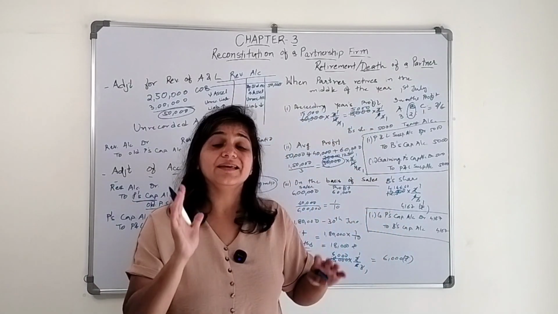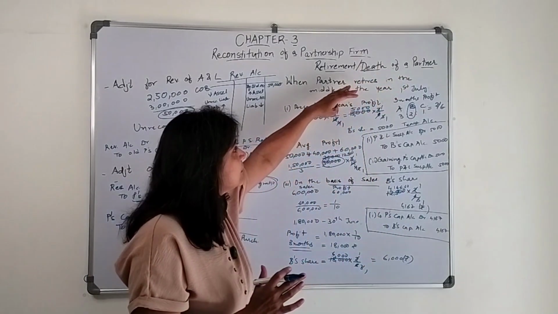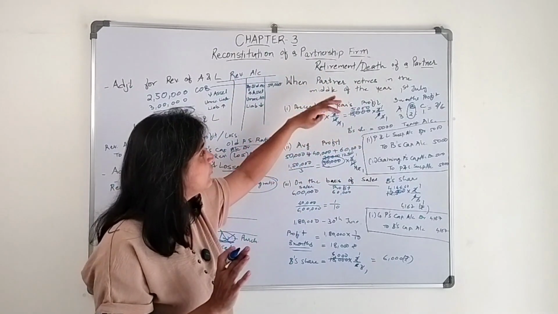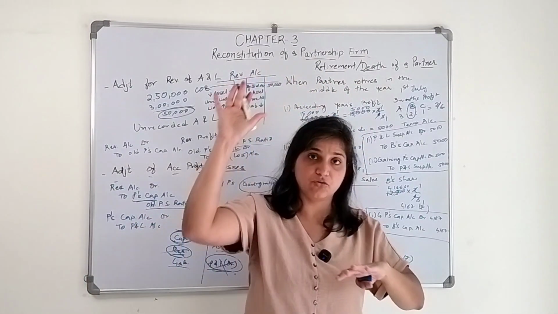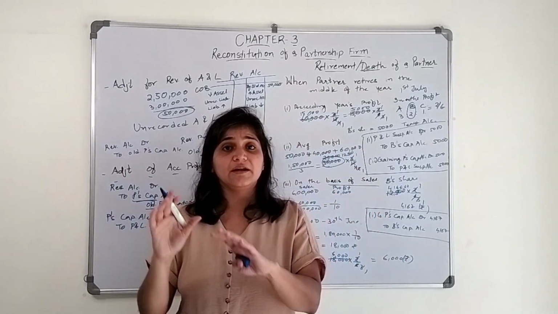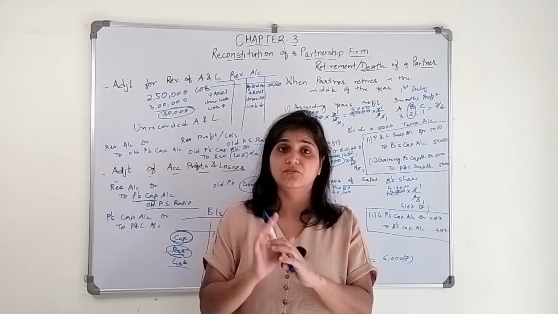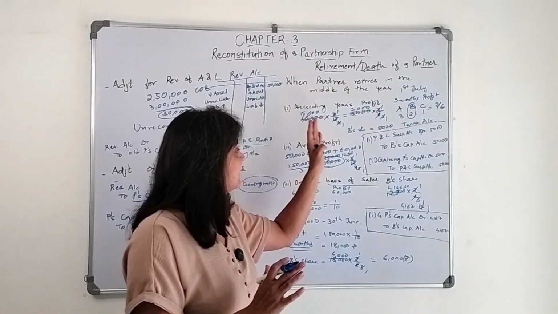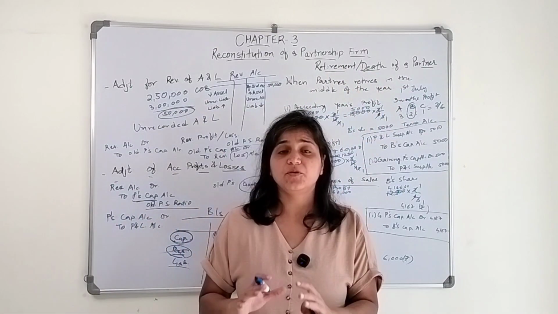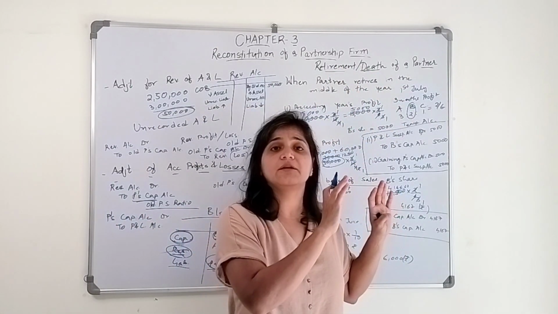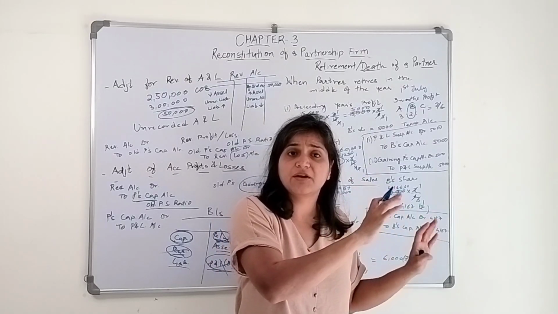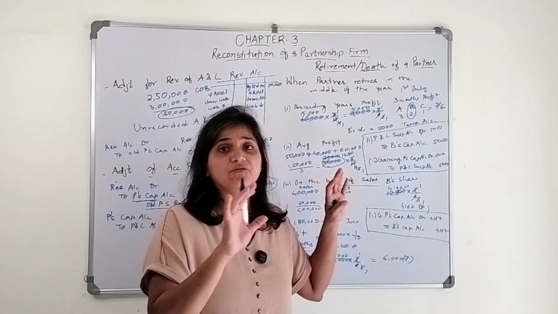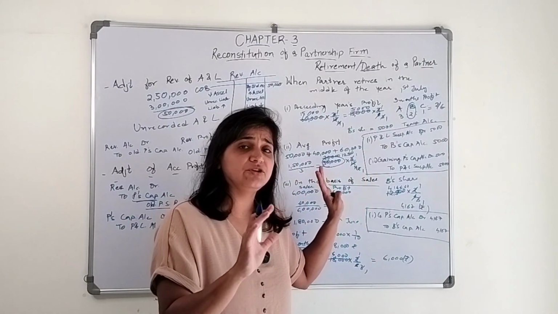the partner passes away in the middle of the year. The first could be based on the agreement. They can take the preceding year's profit, which is for the whole year. We need to calculate for that particular period in which the partner is there till the time he retires. The second situation could be the average profit. We will calculate the profit of the past 3 years or 5 years, whatever is given.